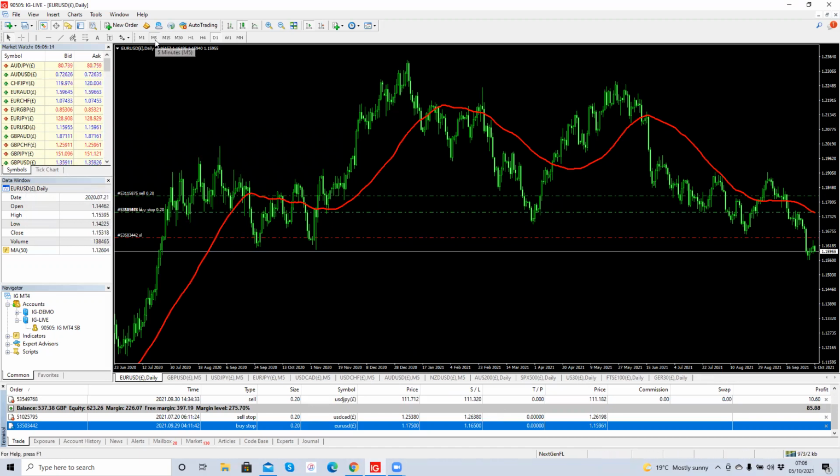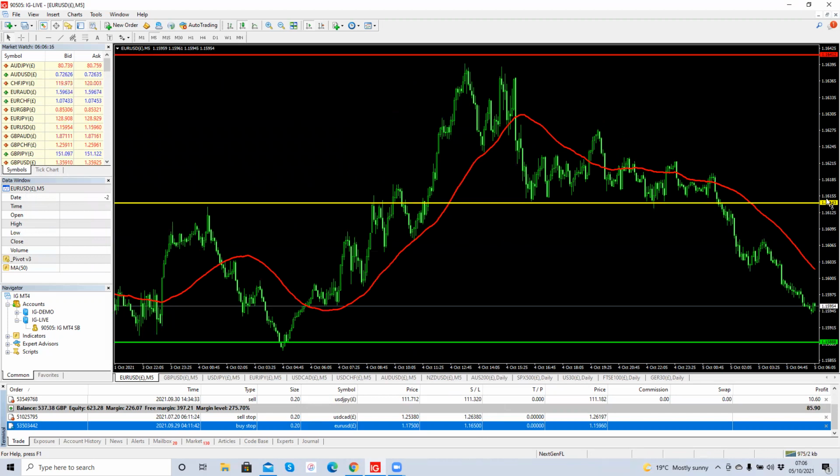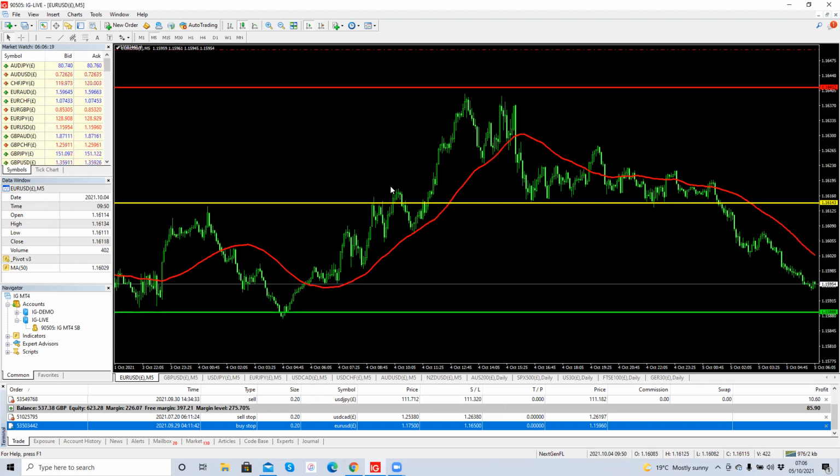So come to the day trade, 5-minute time frame. Now we can see here where the market was initially trending sideways around the pivot point, but you can see where it's broken the pivot point. You can see it's now trending down, forming lower lows and lower highs. You can also see the moving average trending down. So now I can place a pending sell order just below S1 to sell. And of course, if the market reverses, I'm happy to buy just above the pivot point.